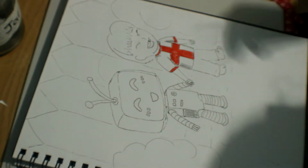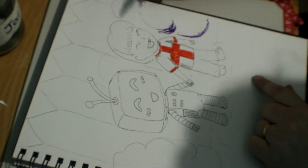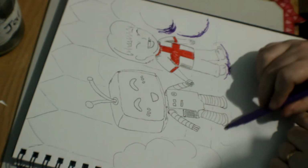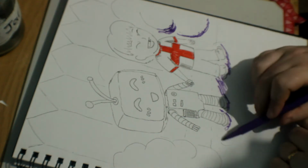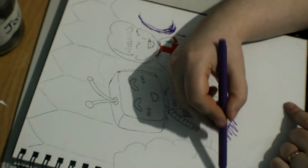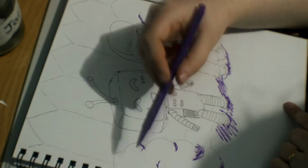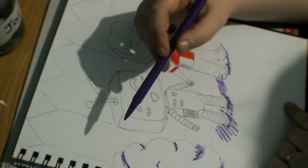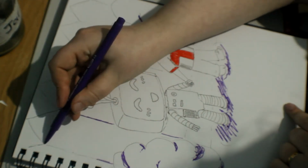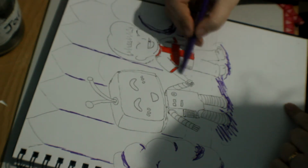If you'll remember at the start of the video, the 3 prompts we had for this artwork were friends, English, and artificial intelligence. So all of those elements are incorporated in the drawing, and I just thought, instead of wasting our time telling you every single detail of my art process, I'll just skip ahead and get the colouring done, and this is where I kick it up a notch and put it in a time lapse,